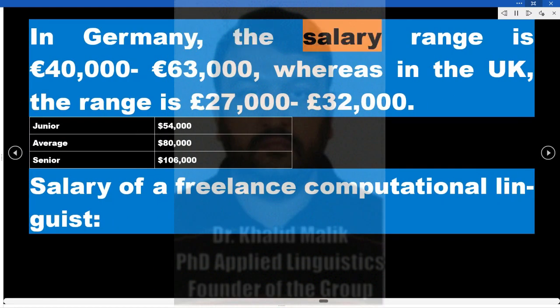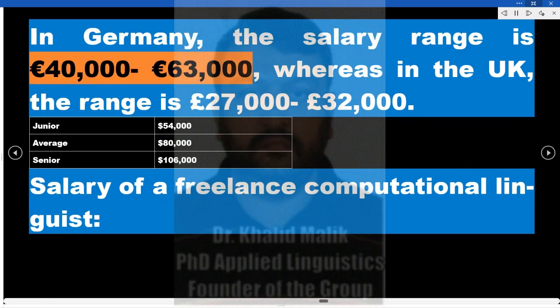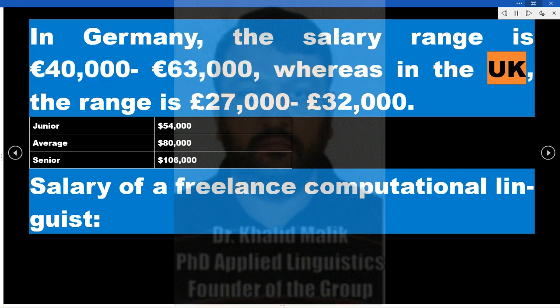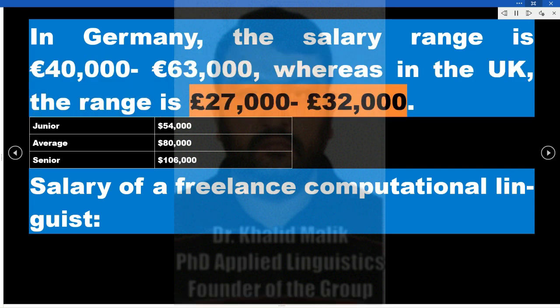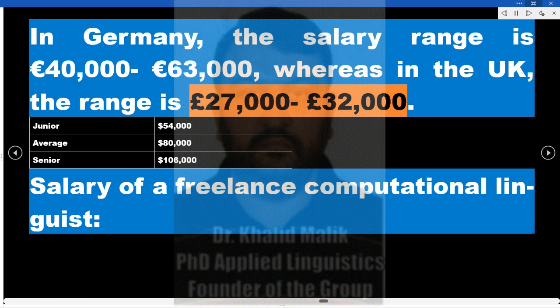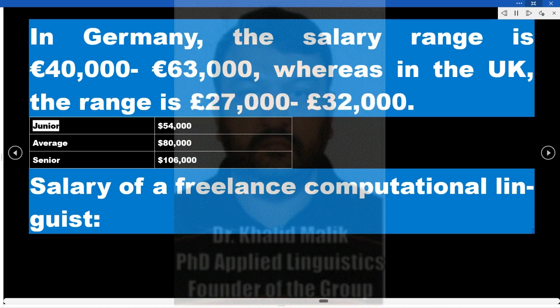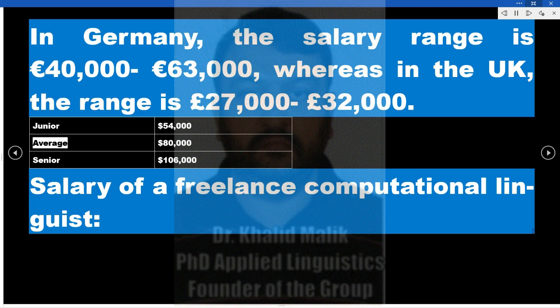In Germany, the salary range is 40,000 to 63,000 euros, whereas in the UK, the range is 27,000 to 32,000 pounds. Junior, $54,000. Average, $80,000. Senior,